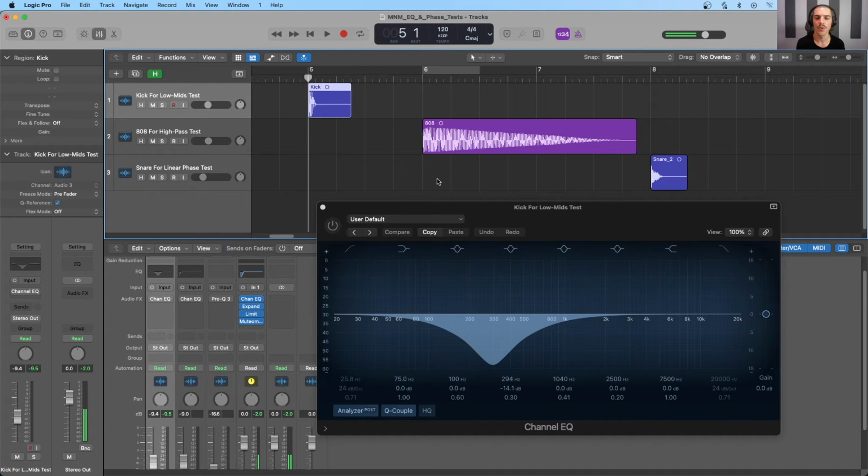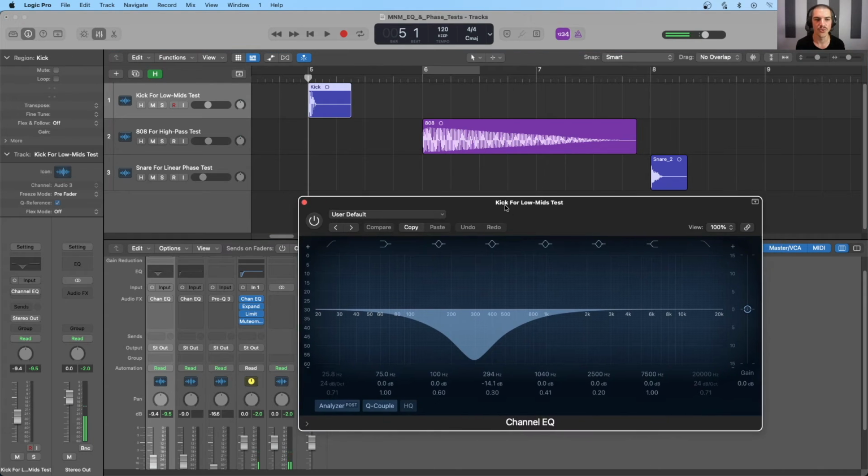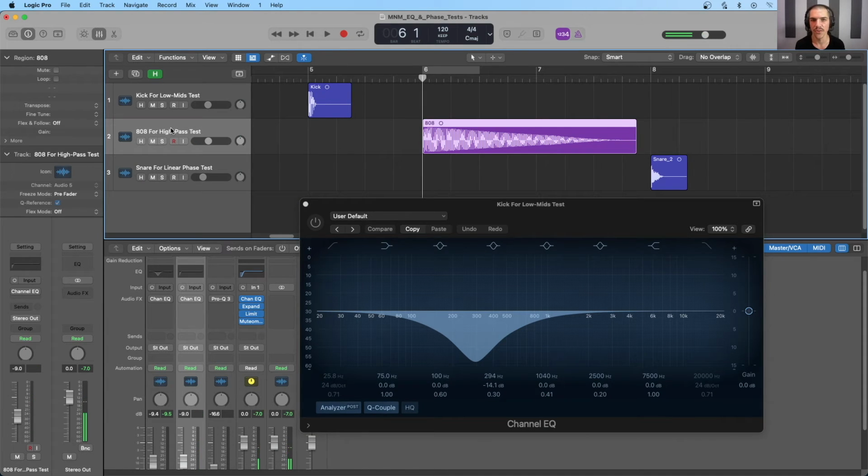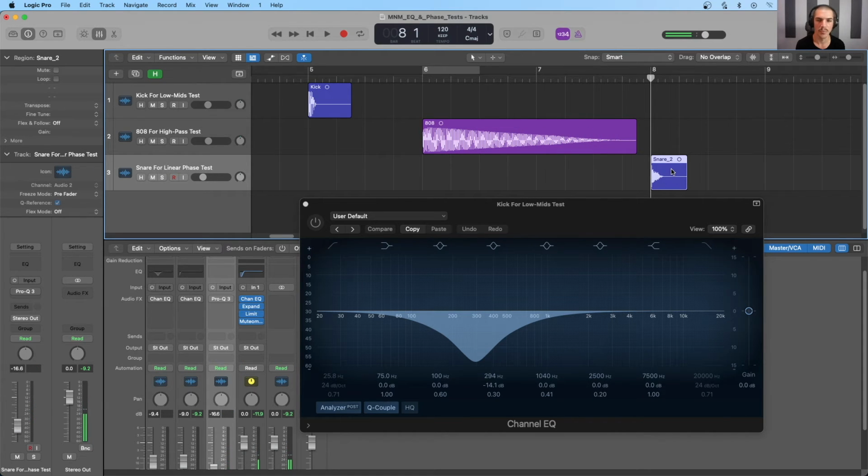So in this session, we have a kick drum that we will be using to test EQ moves in the low mids. This is what that sounds like. We have an 808 right here that we will be using to test for high pass filtering. This is what that sounds like. And finally, I have a snare sample right here that we will be using to test linear phase